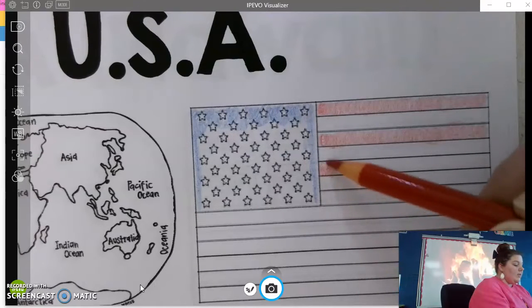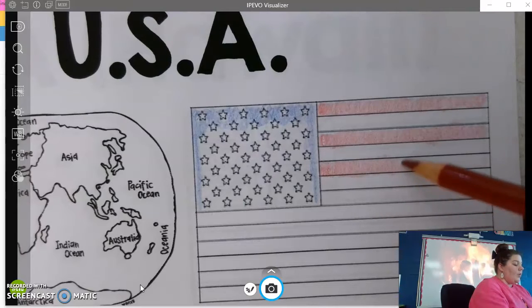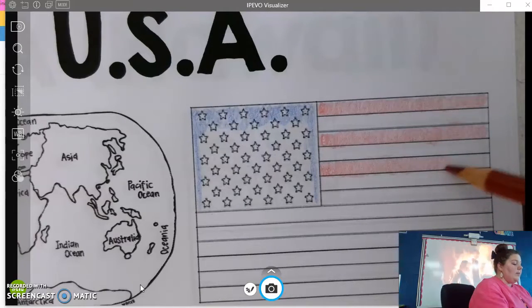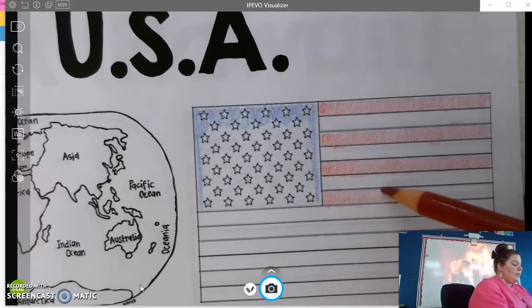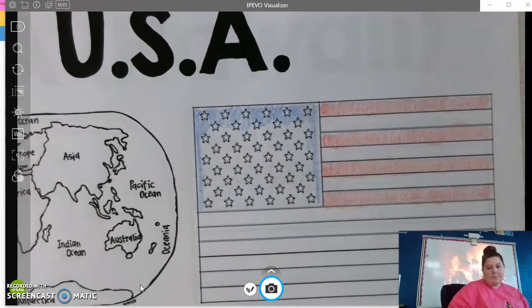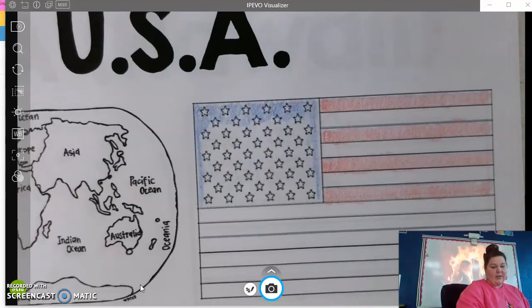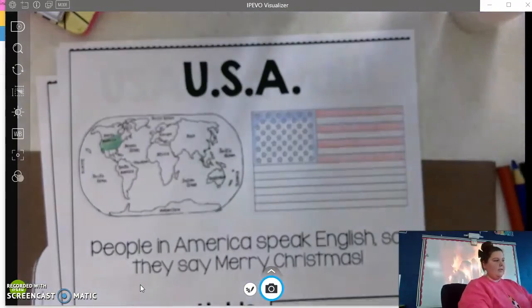So before we had states, we had colonies, which were smaller than our states, and they didn't take up the whole amount of the U.S. They were much smaller and closer together, and there were only 13 of them. And then we grew as we explored and found that there was more land. We grew, and then we now have 50 states, and there are 50 stars on the flag to represent the 50 states. Okay, I'm going to stop coloring my flag here, but I want you to finish coloring in every other line red, okay? Let me make this taller so we can see the rest of my page.